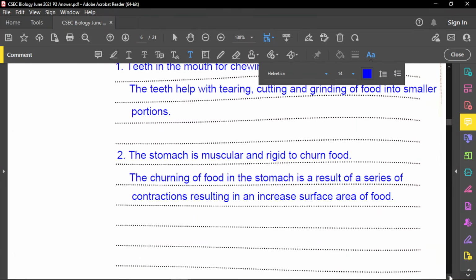And the next thing here is that the stomach is important for chemical and also physical digestion. This is the physical part, or mechanical digestion: the stomach is muscular and rigid to churn food. The churning of food in the stomach is a result of a series of contractions of the muscles, resulting in an increase in surface area of the food. All right, so those are the two